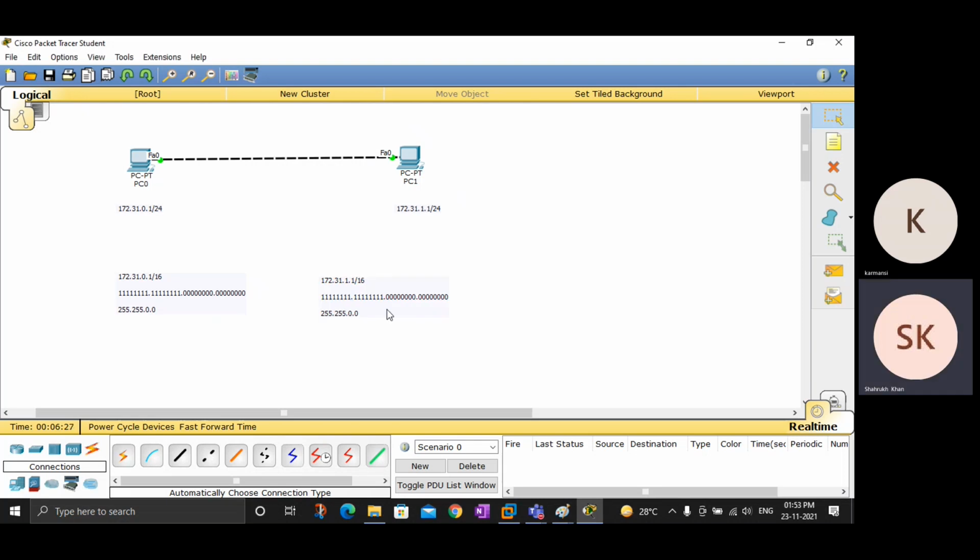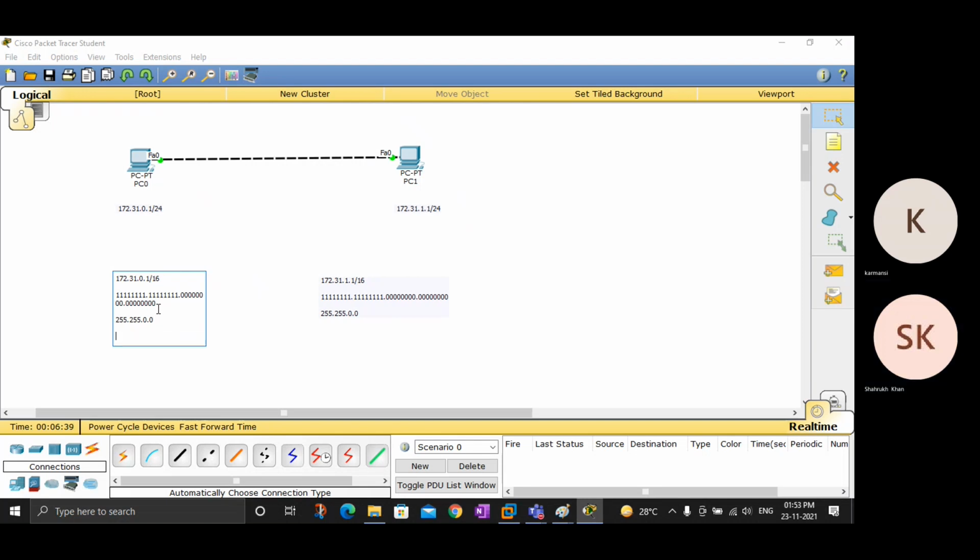And the next thing is that you need to remember that if there is 255 in a block in subnet mask, that block is of network. So we have 2 times 255, that means there are 2 network blocks